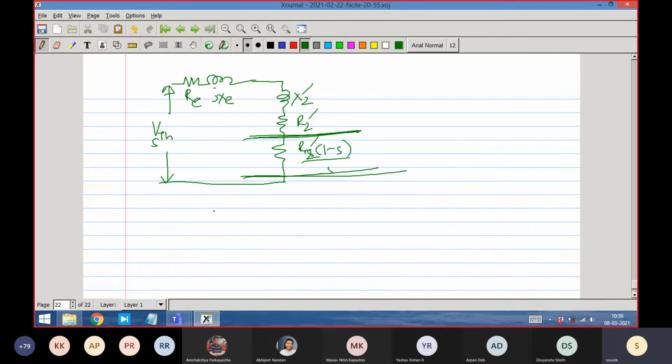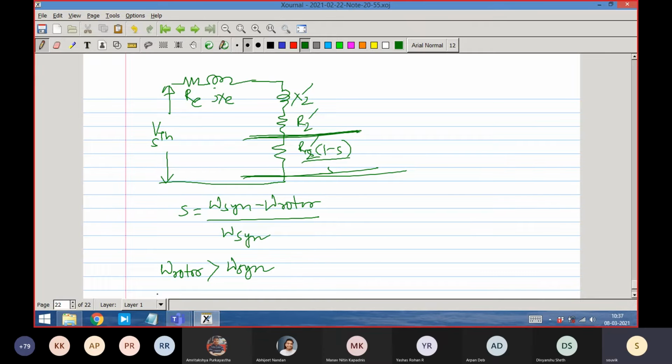So one way of looking at it, when slip is (omega sync minus omega rotor) by omega sync, is just to look at it very ordinarily. It is possible that omega rotor is greater than omega sync. Why not? Nobody is constraining the speed of the rotor. Omega rotor can theoretically be anything, and depending upon that, the slip will be determined. The induction machine is as such not putting any constraint on the value of omega rotor. So it's your choice.